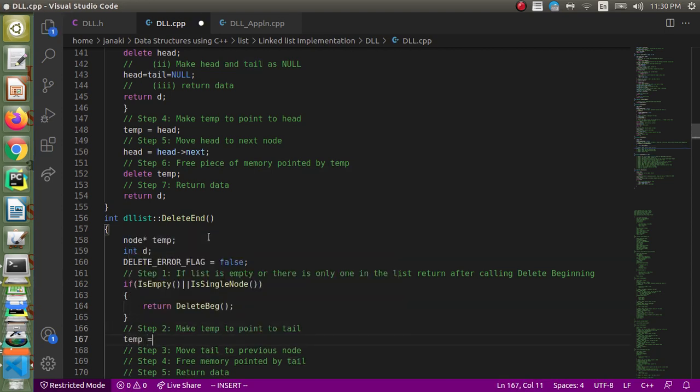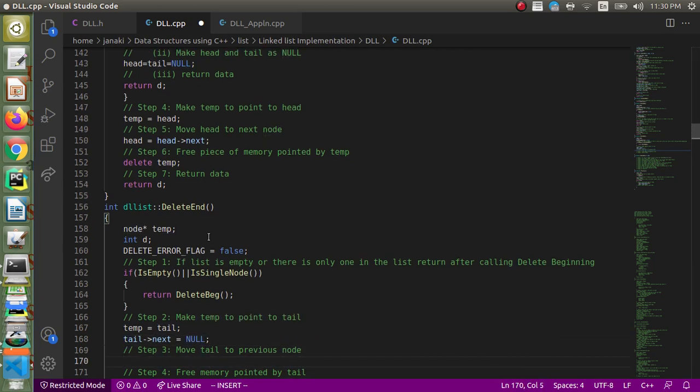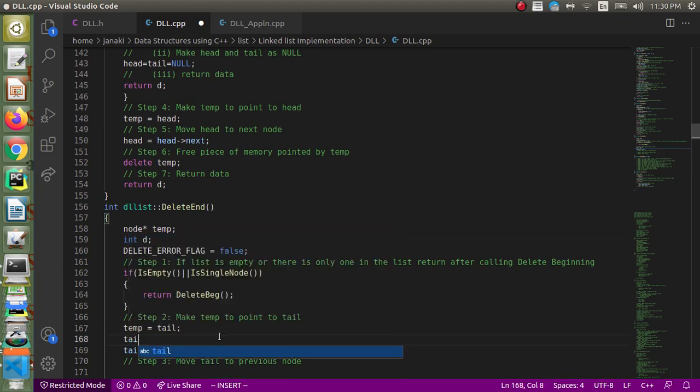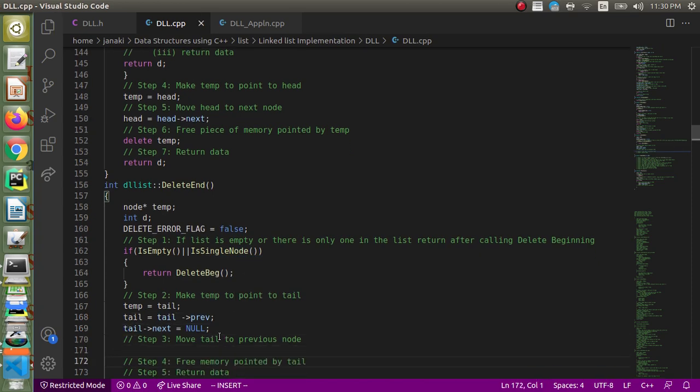Otherwise, you make temp point to the last node, and then move tail to the previous node, so tail equal to tail previous. After moving tail only, I have to make the next part null, otherwise it's not correct.